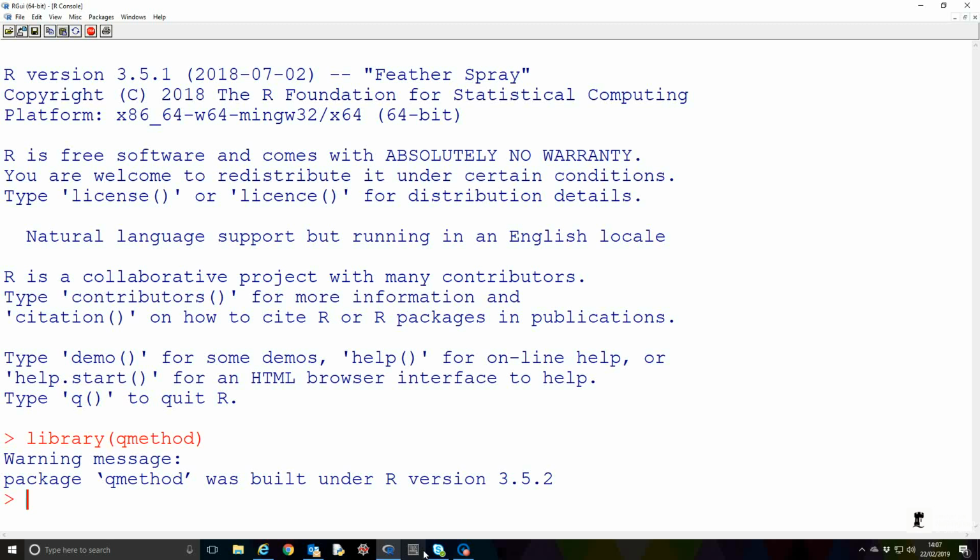So firstly, we're going to load the qmethod library, which has been